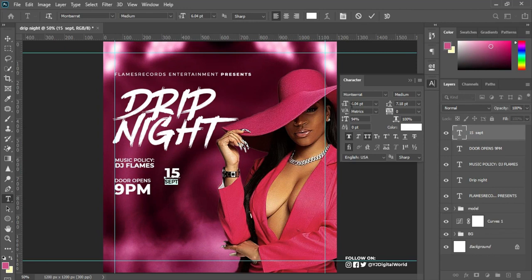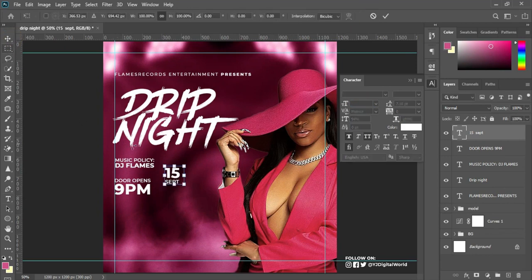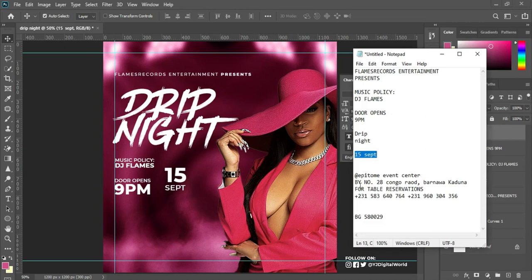okay, come over here, think that's okay, let me see, 6.5, think that's okay, come over here, select my move tool, Ctrl T to transform, left click and drag to scale up a little, trying to increase the size of this text, okay, that's good for this. So next thing I'll be doing here is to bring in the location of this event where it